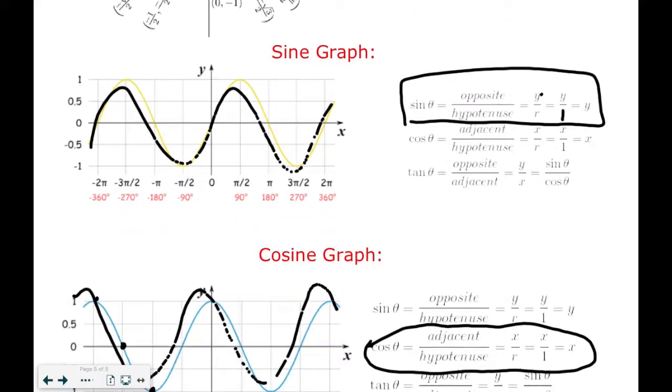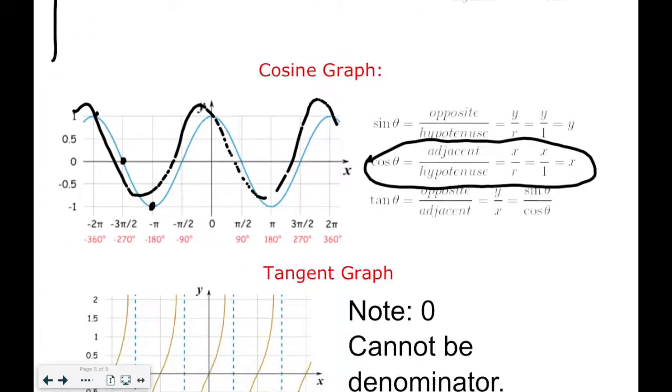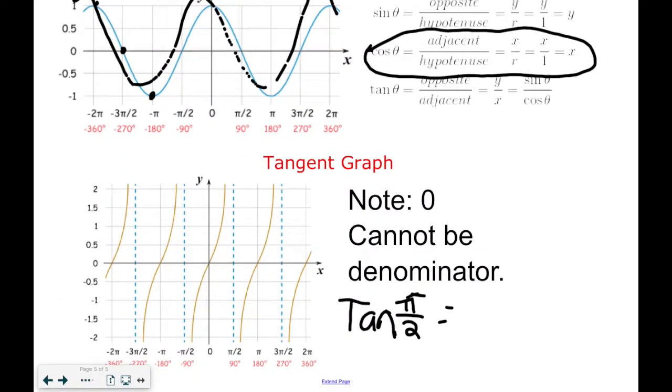However, at these points, we can see that it's 1 over 0. 1 over 0 is undefined. Thus, there is a vertical asymptote there,